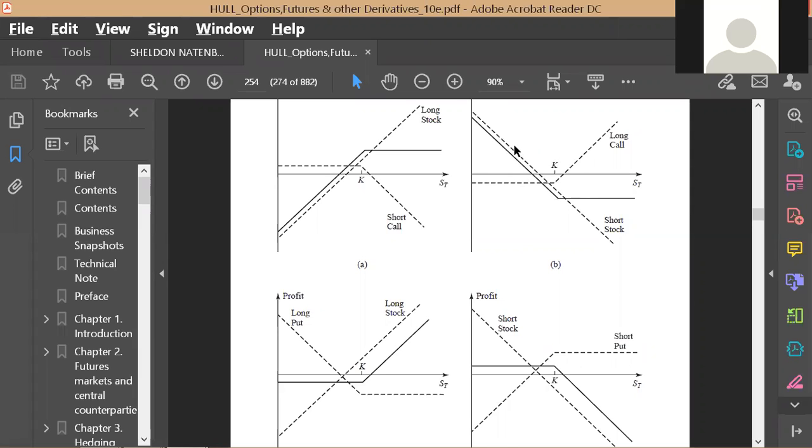So the 80 plot should be over here somewhere, let's say $20. Okay. Then if the market goes to 70, then I'm making $30. So it should be here. Then if it goes to 60, I'm making $40, should be here. So that means for a short underlying position,